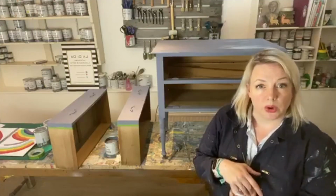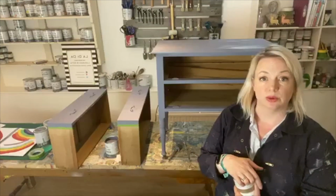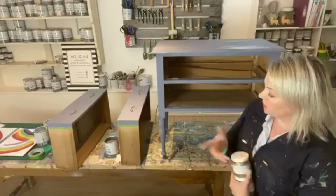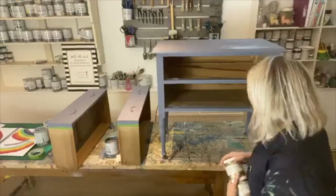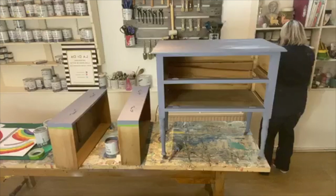Someone else has asked about pot sizes. Yeah, we do 2 different pot sizes. So it comes in 120ml, what we call a project pot. And then there's also the 1 litre tin. So a 1 litre tin will be enough to cover 13 square metres, which if you're like me, probably doesn't